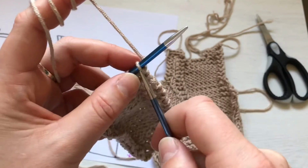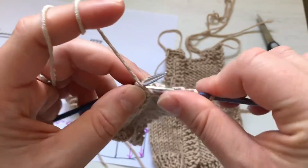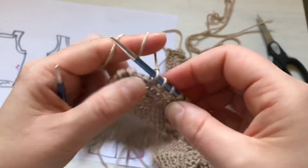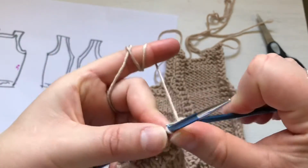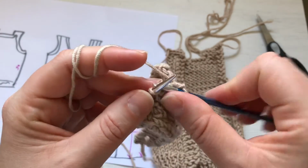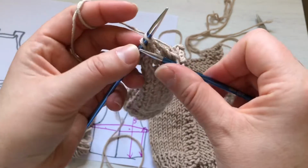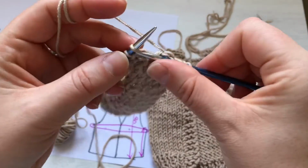Okay, 1, 2, 3, purl 2, knit 3, and now I'm going to bind off 1 more here under the arm. So knit 1, knit another one, bind off, and knit another one. So now I'm just going to go up with 2 stitches, and 1 more decrease here, so knit 2 together through the front. There you go, knit 3,